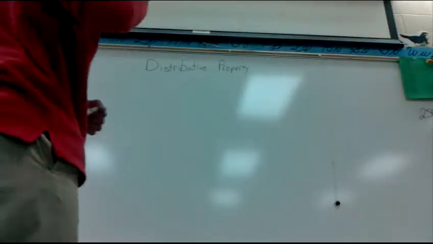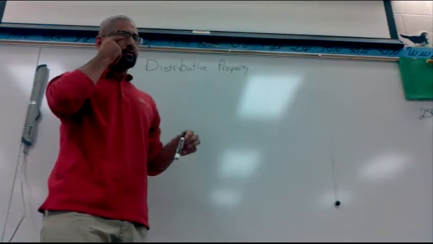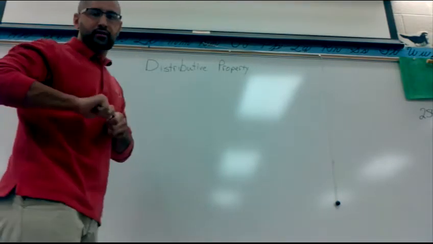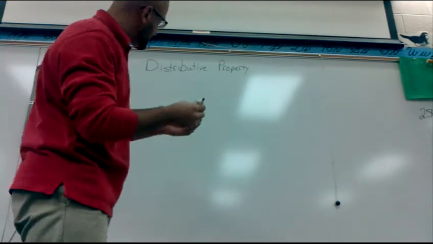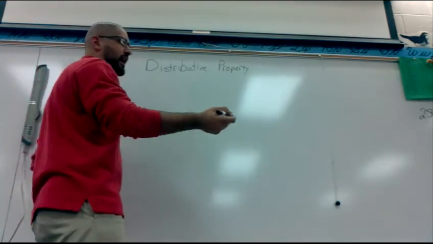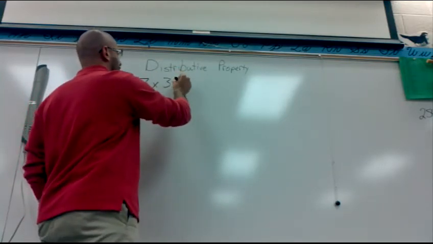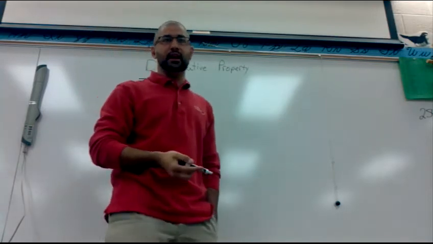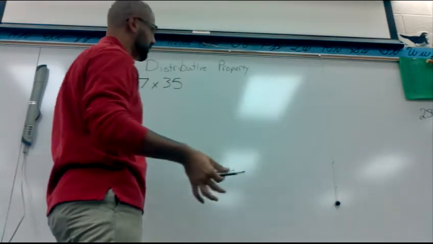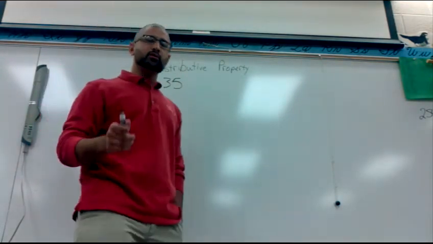Okay, so today we're talking about the distributive property of multiplication. All right, and with your students and everything, and students yourselves, if you're watching this, this is what we're going to do. Okay, I have 7 times 35. I just learned my 7s and my 5s, or got reminded of them again, so it's a little hard for me. So with the distributive property, what we're going to do is break it up into